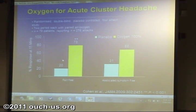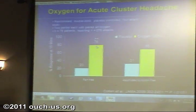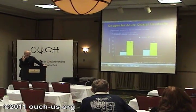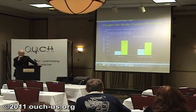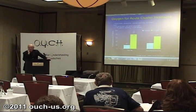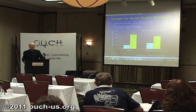This was a 4-attack study, 2-armed, air, oxygen, air, oxygen, randomised and controlled and blinded. So the result's pretty much bomb-proof. Apart from blowing up the oxygen, of course, it's pretty much bomb-proof because you've got repeated attacks. You can look at reliability. You can compare the placebo. Look at about 20% response to air, against a response to oxygen in the high 70s. You don't have to have a lot of statistical ability to understand that those are distinctly different outcomes, and with a relatively small number of people. We probably overpowered this, 76 patients, 278 attacks. I mean, we probably overreacted at some level, I have to say,